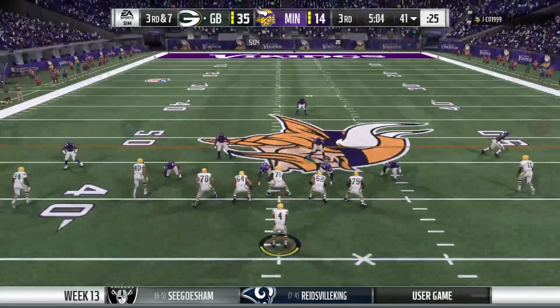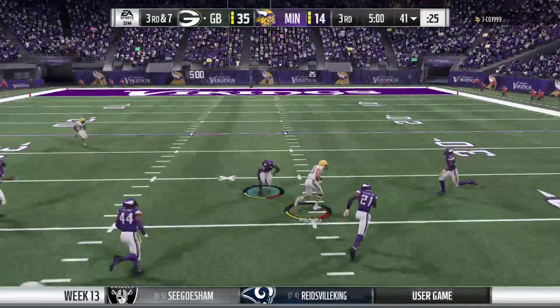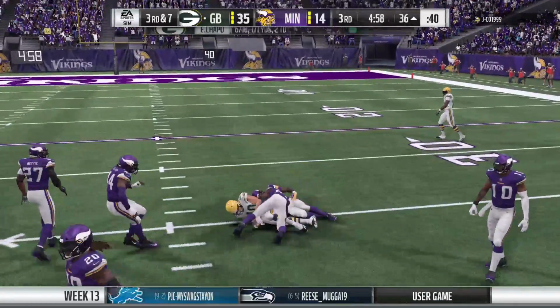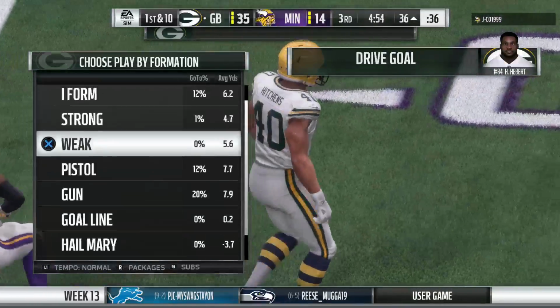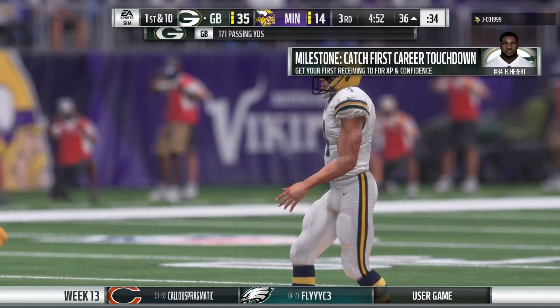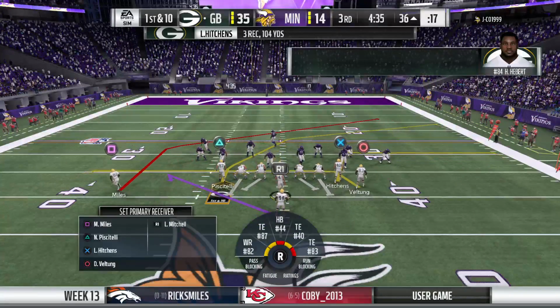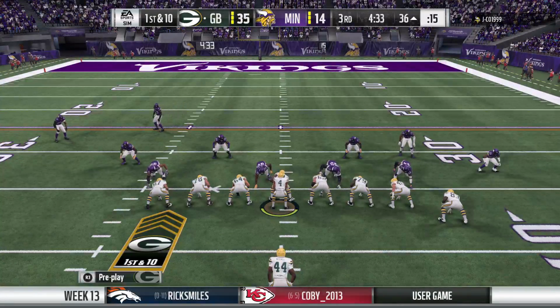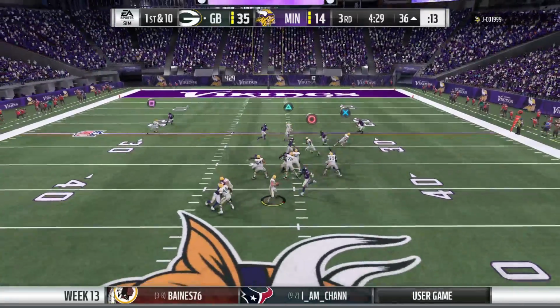Here we go now. Oh, he's got a man wide open, complete. And they're able to convert on third with a solid gain of 23. Whatever the discussions were at halftime to try to slow down this offense, it has not worked to this point. Yeah, I have a vision right now of everything that was discussed at the half just being torn in shreds or being erased off of the Microsoft Surface tablets because...